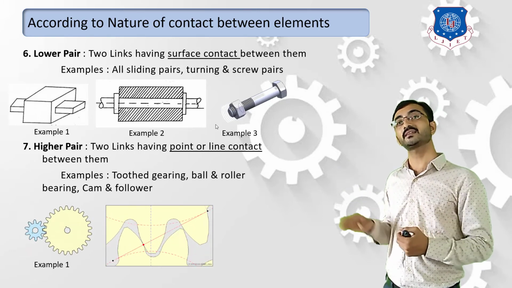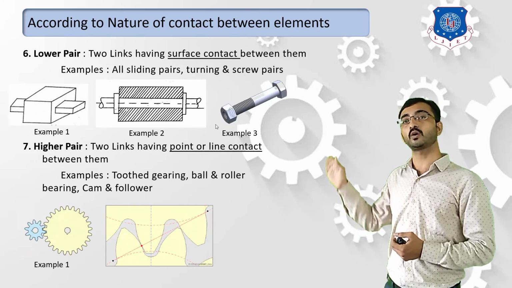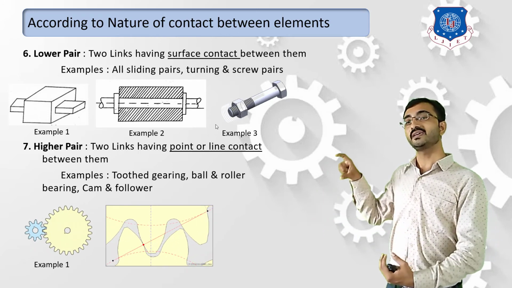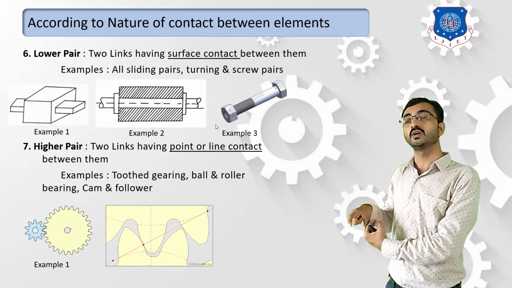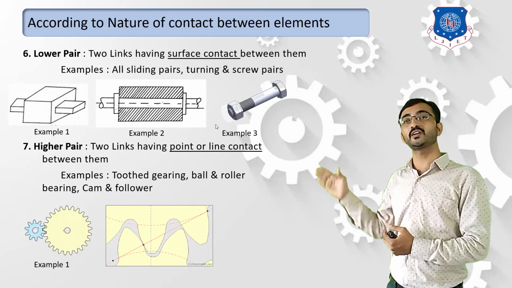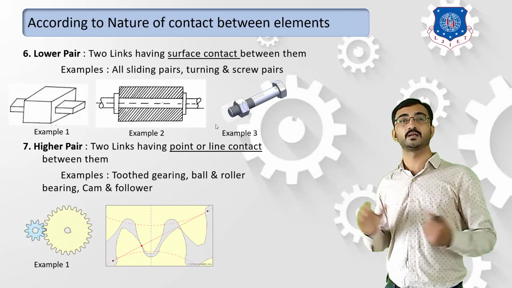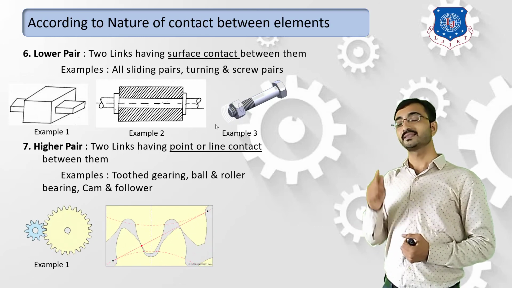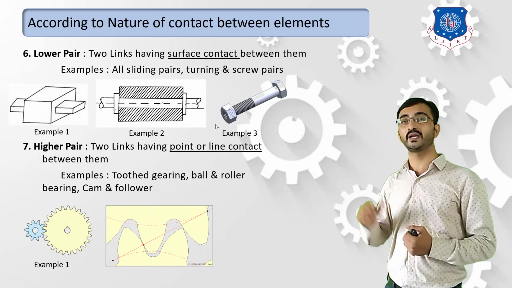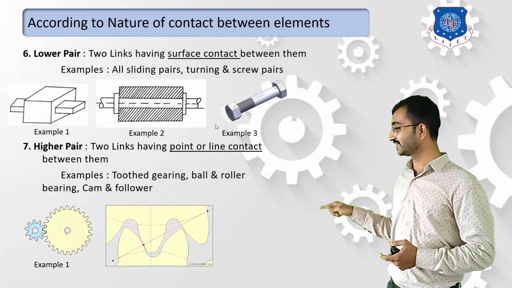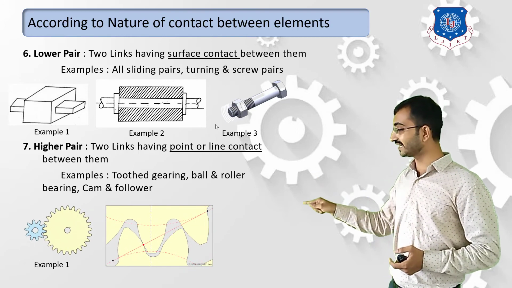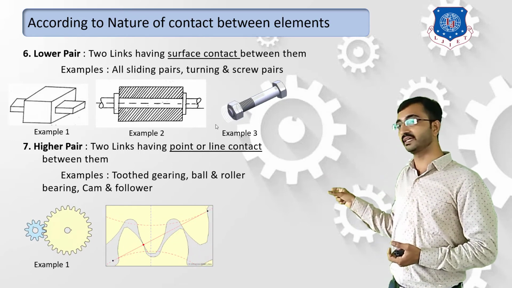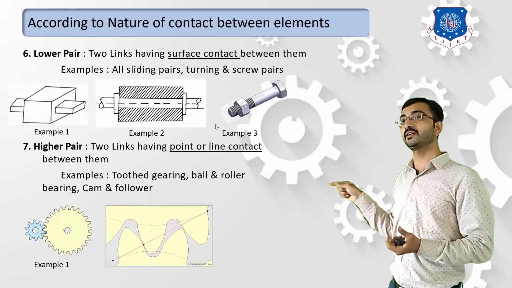If we consider that they are making a line contact, where the entire depth of gear number 1 is inserted inside gear number 2, then the smooth movement of gear number 1 and 2 is not possible. So for smooth movement it is always required that they have only a point contact. Over here you can refer that this red point is indicating the point contact. Now if we consider the width of this gear, then we can term it as a line contact.